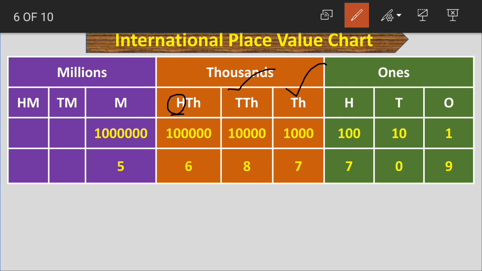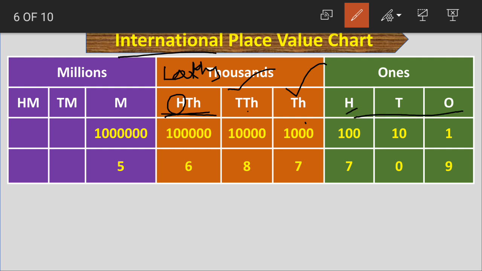What is this? 100,000. In our place value chart we had thousands, 10,000s, and after that we had lakhs, right? Now this lakhs here is read as hundred thousand. In India we call it lakhs. In the international place value chart they call it 100,000. Okay children,